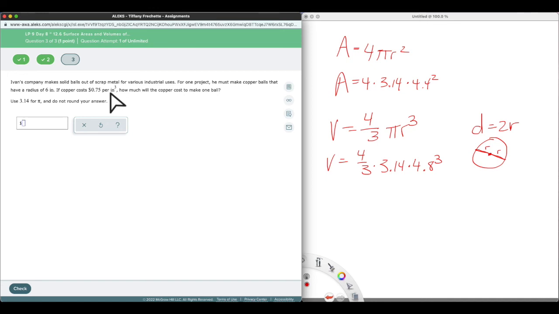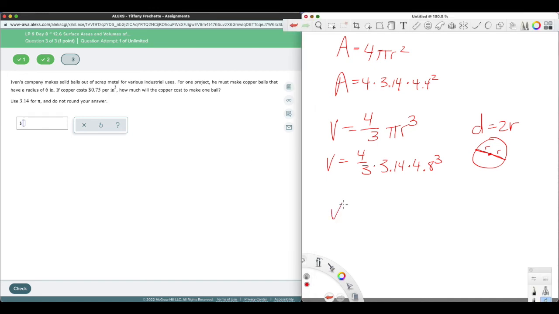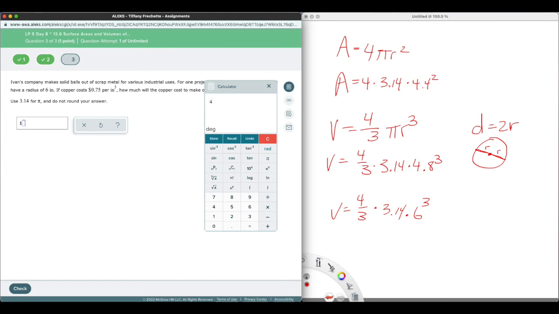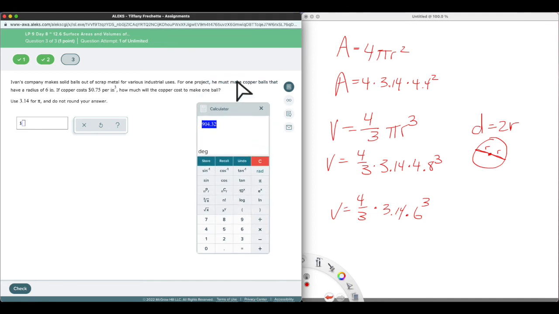So we're going to apply our formula here and go 4/3 times 3.14, because they did tell us to use that in the very next sentence here, times, and they told us the radius is 6 cubed. All right, so let's come up here and go 4/3 times 3.14 times 6 cubed equals,